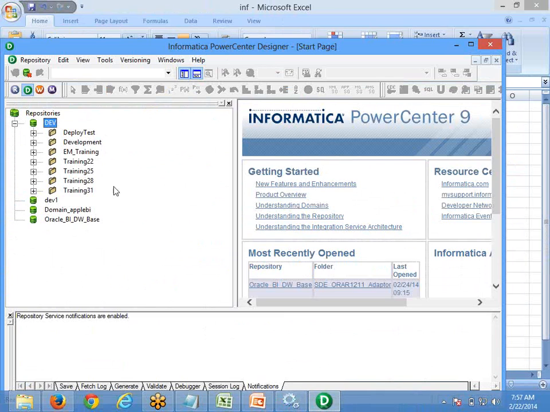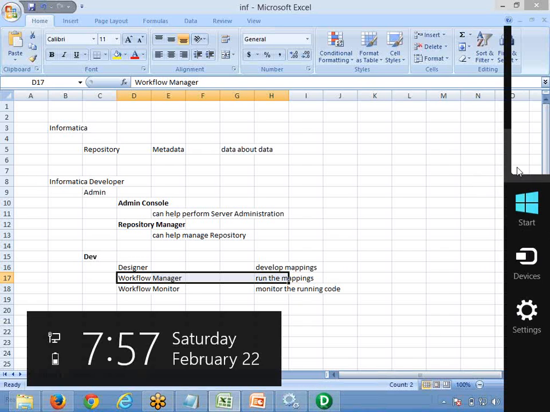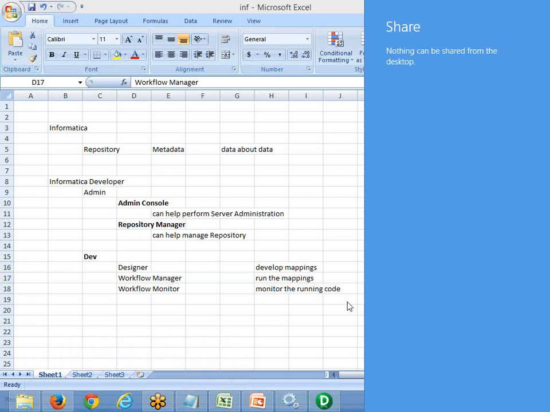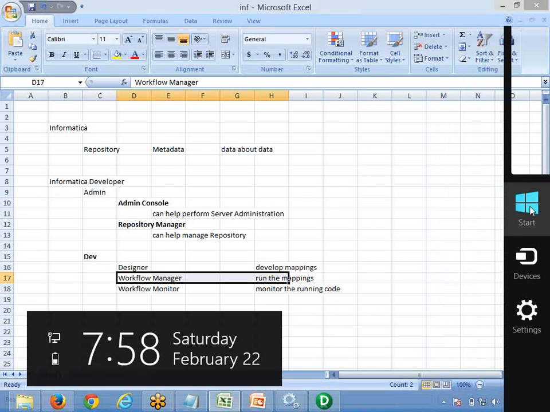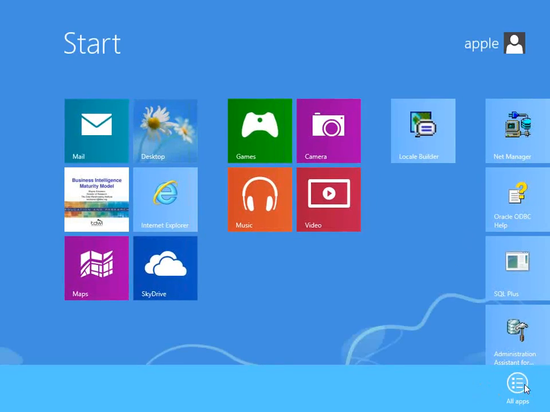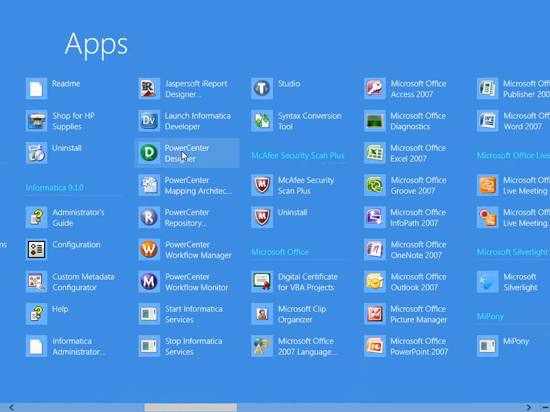Once you develop the code in the designer, in case you want to run that code, we can go to the workflow manager. Where is the workflow manager? Again, it is there in the program files only: Power Center designer, workflow manager and workflow monitor.